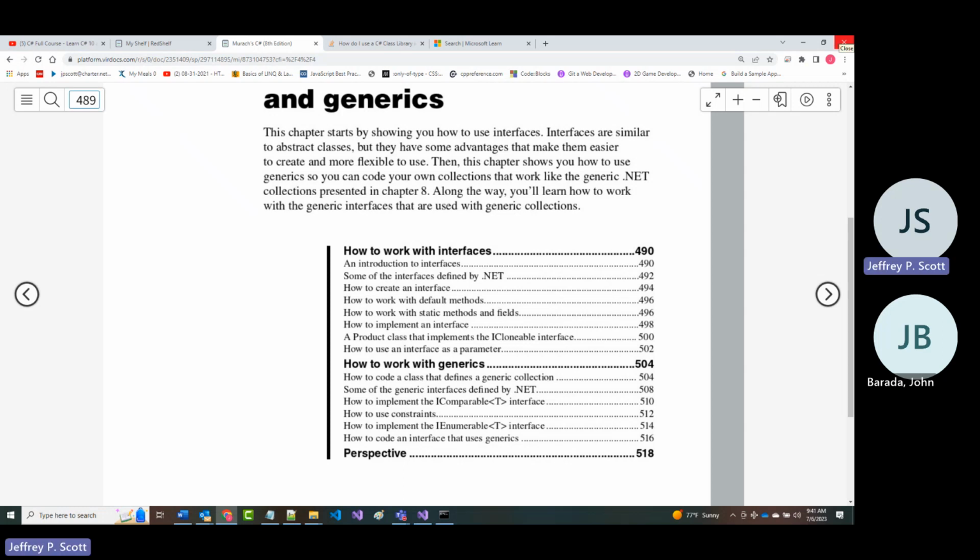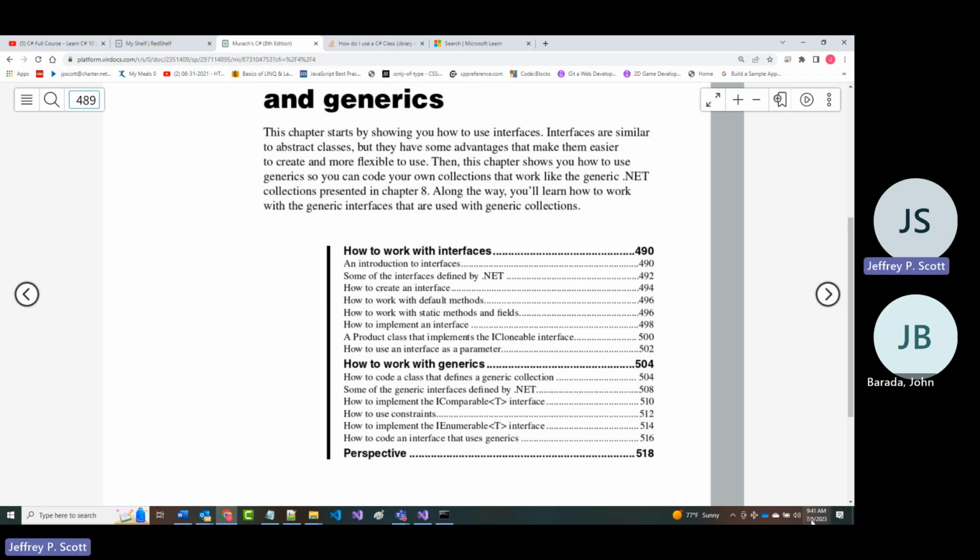All right, it is 9:40, so I'm going to continue. The next chapter has two different things in it, and those are interfaces and generics. We will talk about both. I wasn't going to talk about generics, but we will talk a little bit about them. And I will tell you that, especially with generics, in my opinion, for whatever that is or is not worth, it's a little bit more of a complex topic you probably wouldn't use as a beginning developer.